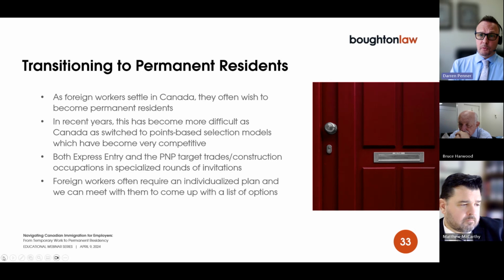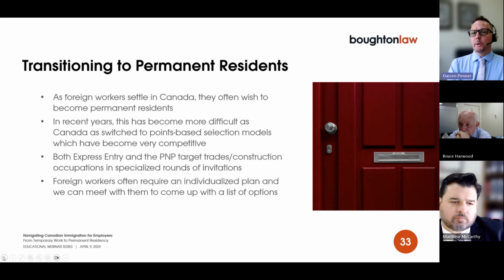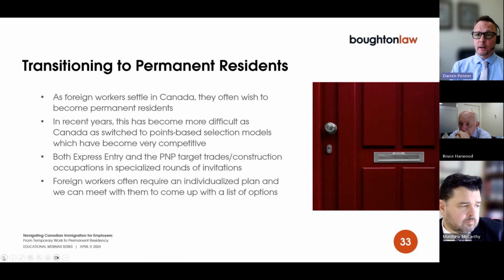The other thing then is the provincial nominee program, which I talked about before. And that program's great because workers can use it to get both a work permit and apply for permanent residence right away. The disappointing thing that's happening with the PNP right now is they issue rounds of invitations every week or two, and since early February the score required for people in construction industry has gone up by 5 points every single round. So it was at 70 points I think back at the beginning of the year, and now it's 95. That's a very large difference.